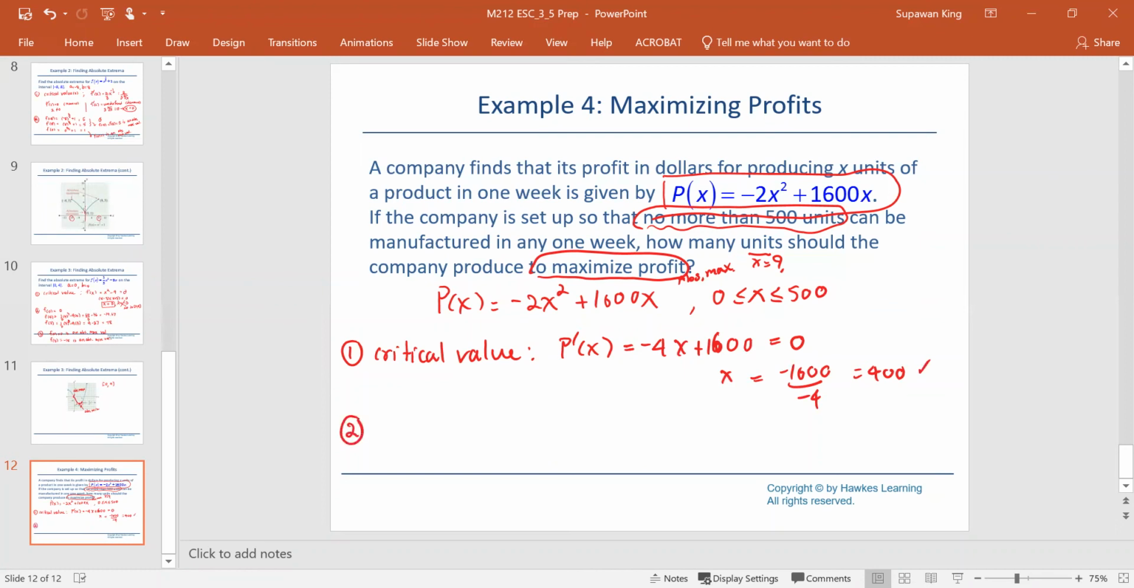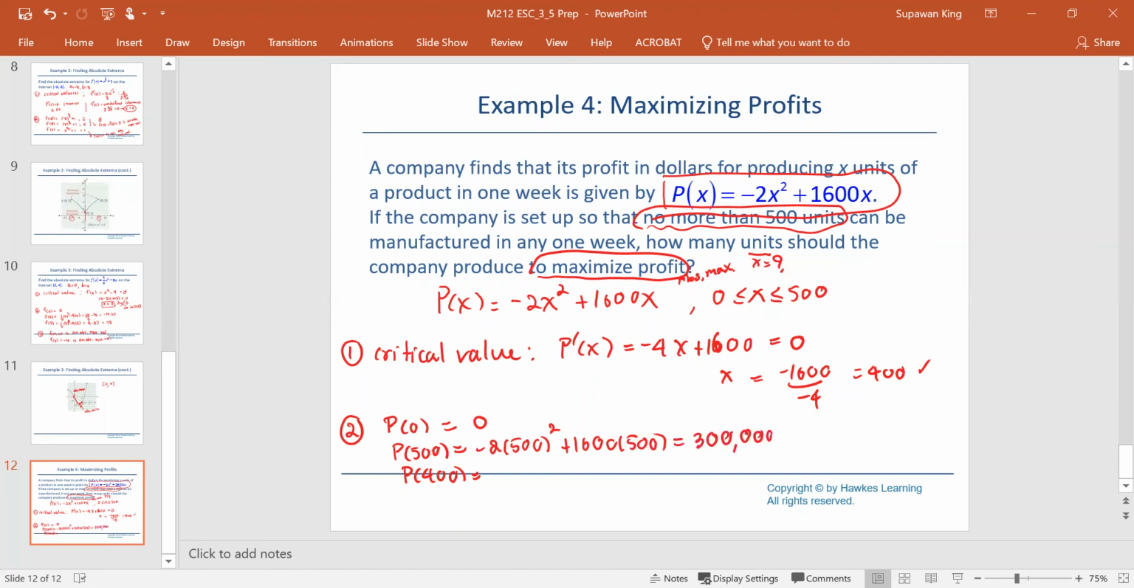Second step, we compute the function value, which is the profit, at the two endpoints and at the critical value. At 0, the profit is 0. At 500, or the end of the production line, we have negative 2 times 500 squared plus 1600 multiplied by 500. And the number comes out to be